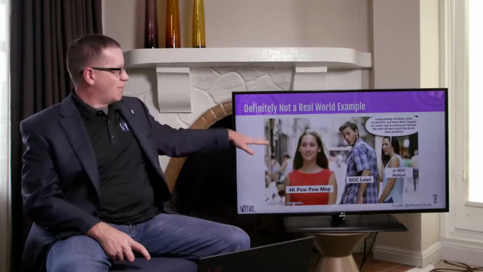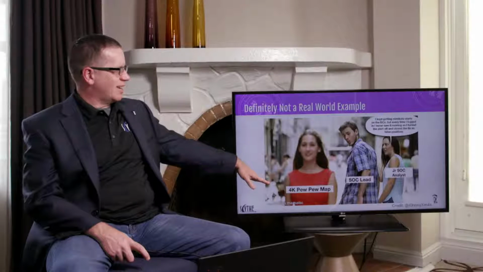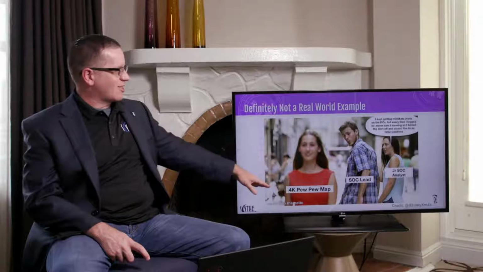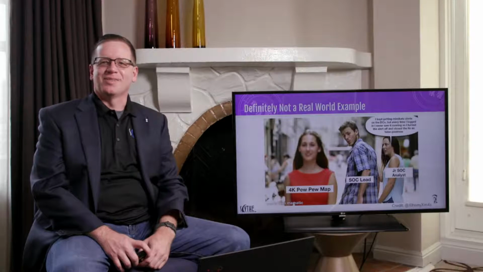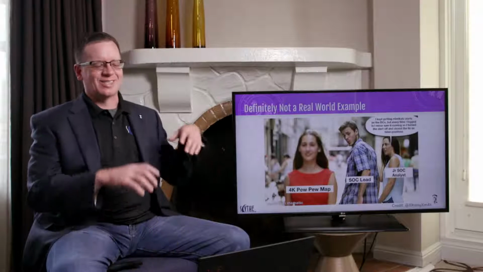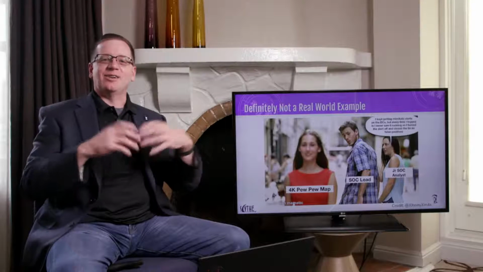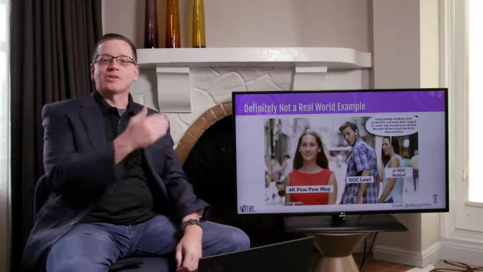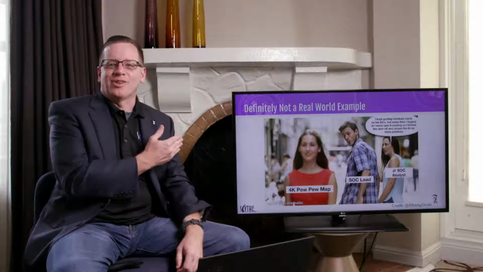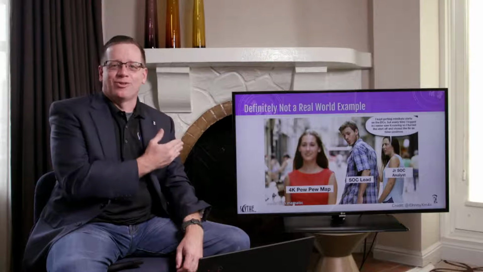Now, this is a spot where I've got to give, well, first Tim and then Johnny some credit here. I absolutely love this meme. The good old pew pew map, the 4K pew pew map, right? And so, of course, while the SOC lead, the Security Operations Center lead, is staring at that, people have completely noticed or forgotten the junior threat analyst who has completely missed it and said, hey, I'm just going to go ahead and say, yeah, let that Mimikatz go. I worked this incident repeatedly, right?